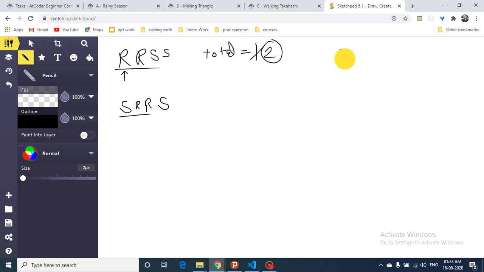Now you can make some other variable maxi which will store the maximum number of consecutive R's you have seen. It is initialized as 0, and then you have seen 2 R's, so make it 2, and then you can return this maximum consecutive R's. Okay, so you can also do it in some other way, such that you check whether only 1 R is present or 2 consecutive R's are present. You can also check that. That is also very simple, but I have used this formula.